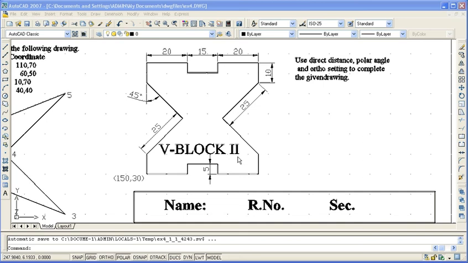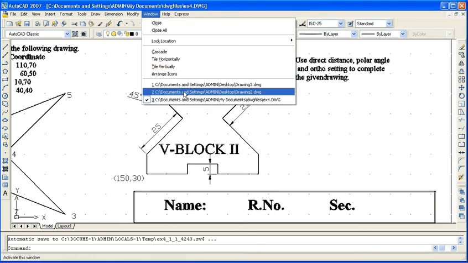Exercise: Using direct distance, polar angle and ortho setting combination. For these horizontal and vertical lines we use the ortho setting, and for these inclined lines we use polar angle. In direct distance, you keep the cursor in the horizontal direction and enter the value. So